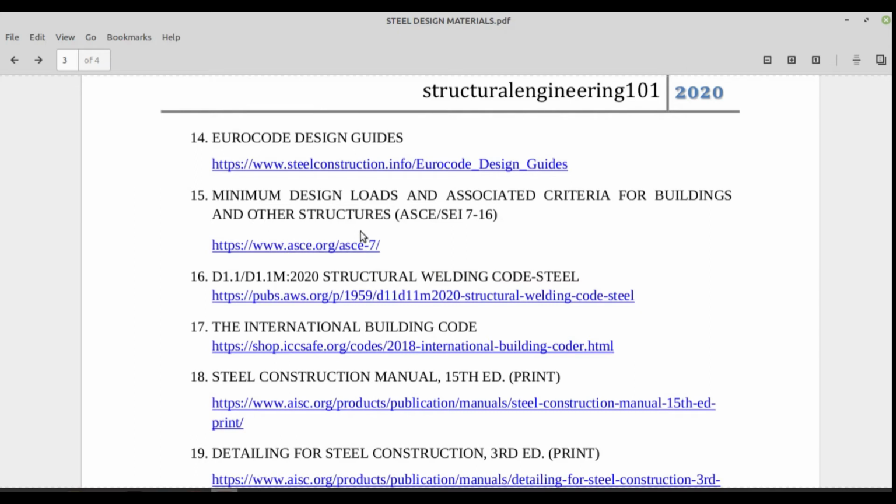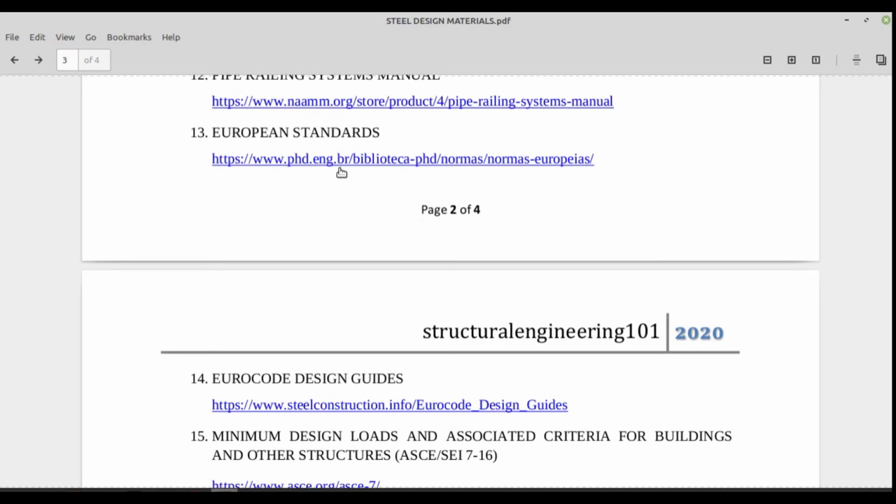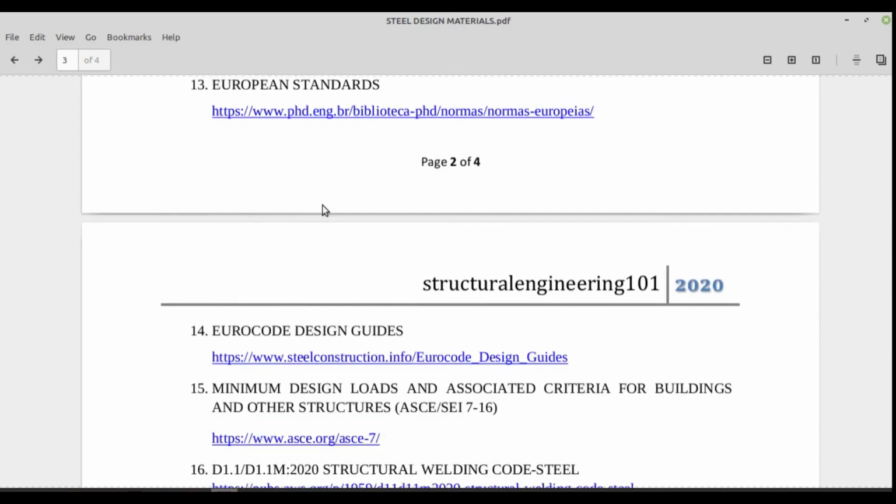This is also a very important document you should have for American standards or American project design. If you are working to American codes and standards, you should have this code book. For European standards, you can have Eurocode 1. In Eurocode 1 they have given the loads and load combinations you should consider. So this is about